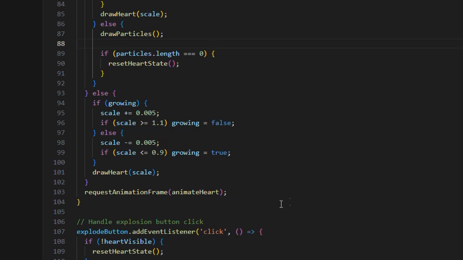Right, just before we see our animation, I've just quickly moved this to where it is now, just to make sure that the animation continuously goes on. So if we have a look at what we've made so far,